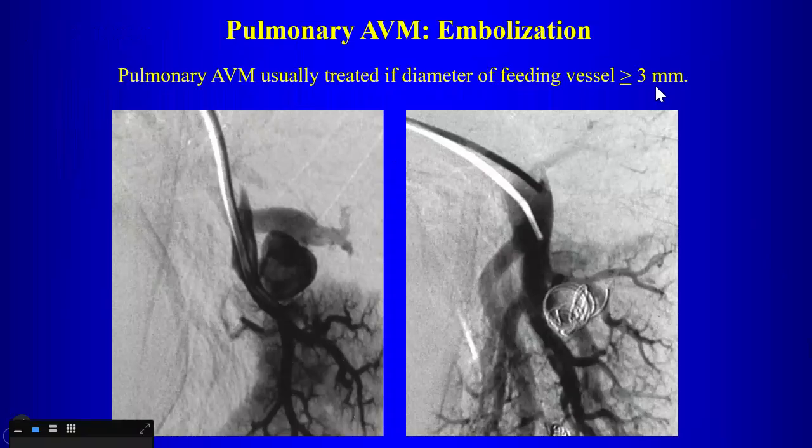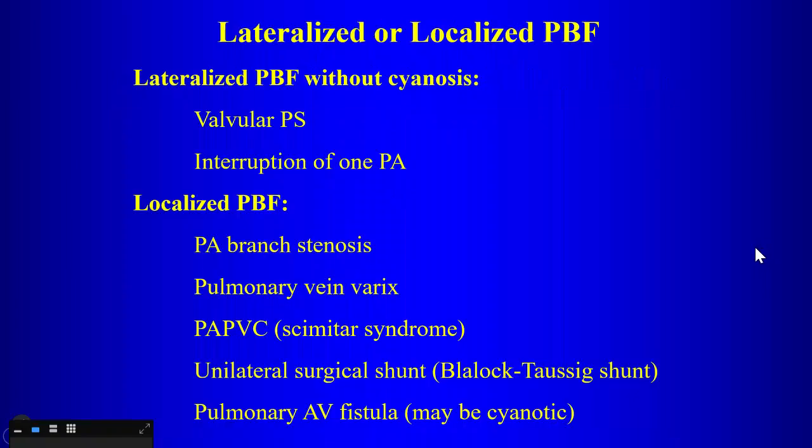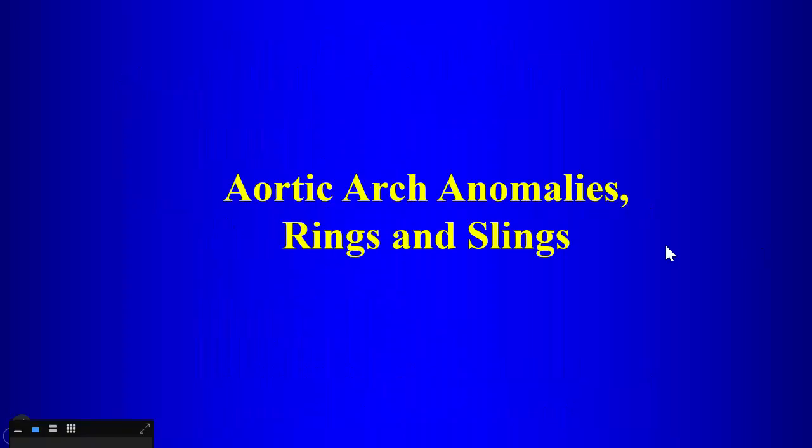Treatment, if the feeding vessel is greater than or equal to 3 millimeters, can be embolization, right? You want to make sure, though, that whatever you're using is large enough to include, because the last thing you want is for anything to go shooting through the pulmonary AVM. So that's our discussion of localized pulmonary blood flow. Let's move on to